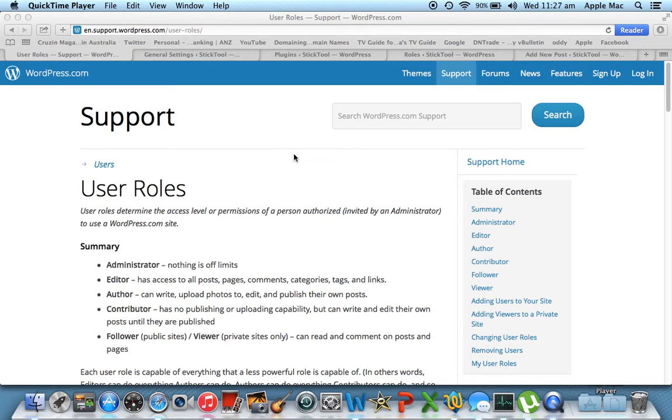You may have a WordPress blog that you want other people to have access to and to also be able to post on. So what you need to do is change the user roles and the access. I'll put the link into the actual post on wordy.tv about user roles. But what we have here is